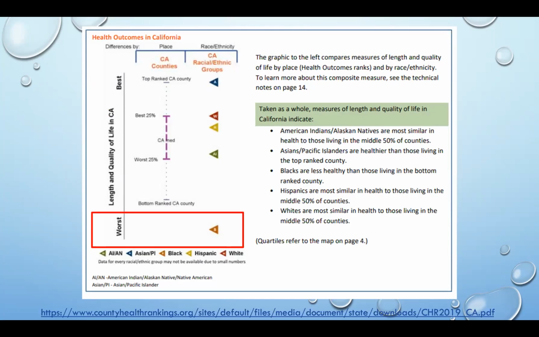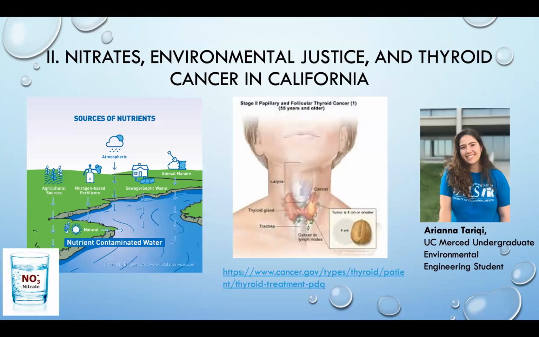From this, we often see health data presented solely, and we see water data solely, but in my research I really wanted to look at health and water data together, as well as environmental justice and racial disparities in disadvantaged communities. Ariana Tariki has been leading this project for a year and a half. We do have a publication under review with minor revisions in Environmental Engineering Science, looking at nitrates, environmental justice, and